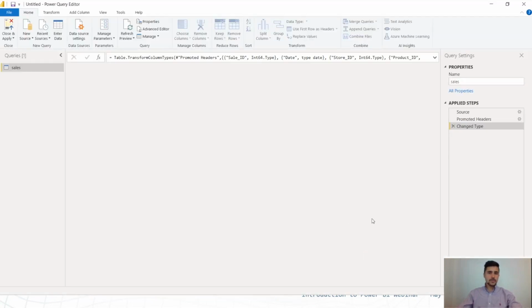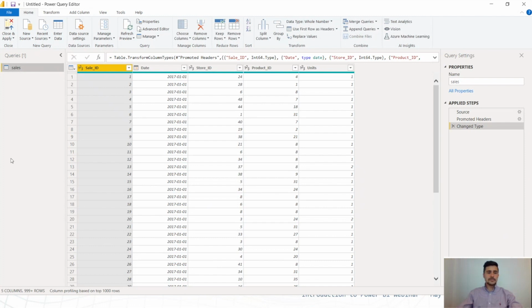So when I click Transform Data, Power BI opens a different window here, and this is called the Power Query Editor. And this is where you do all of your data transformations. So what you can see here is your queries on the left side, so any tables that you bring in. And on the right pane, you see the current table that you're working with, and it gives you the applied steps. So everything that you've done to this table will get recorded right here,